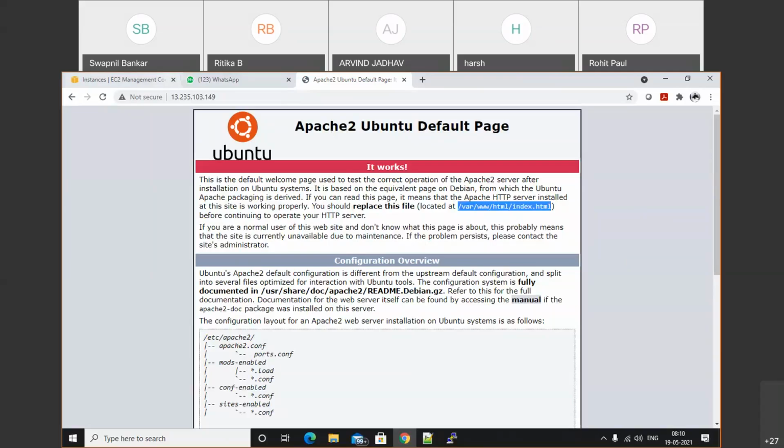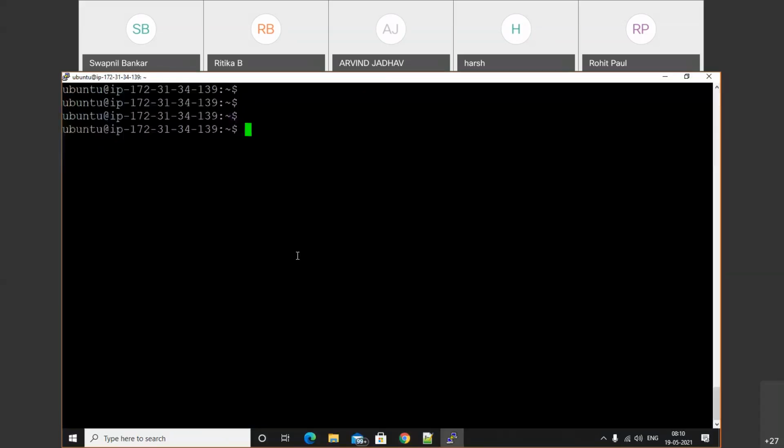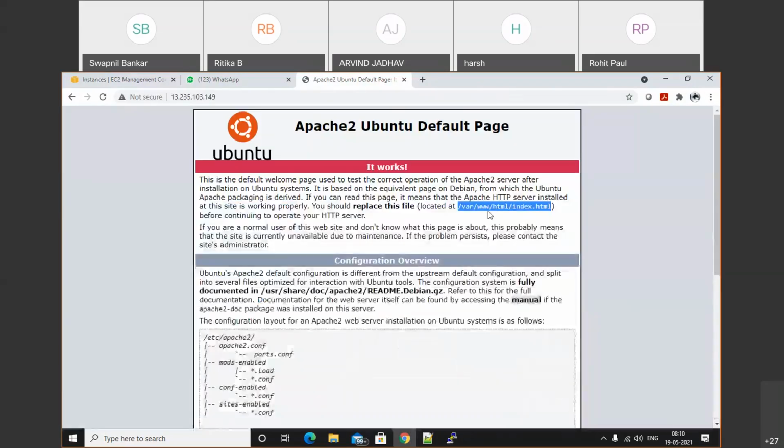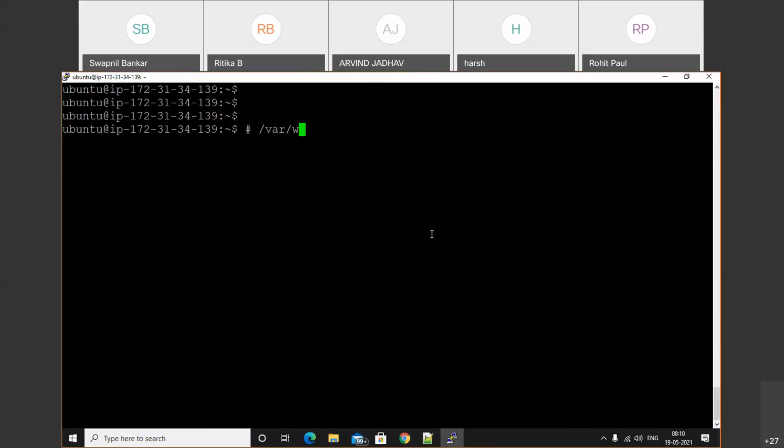Now just access that website. We all know that the configuration file will be placed in /var. This is the address of your configuration files, /var/www/html.